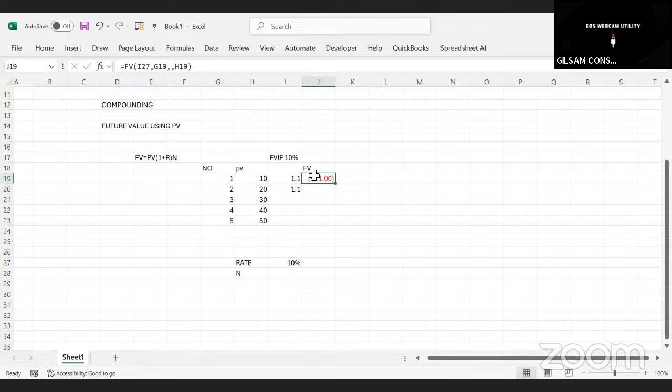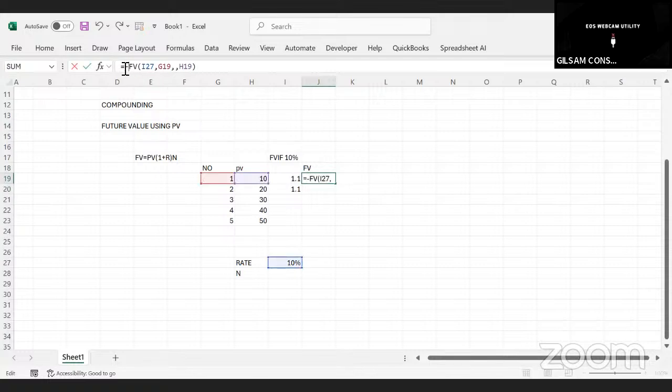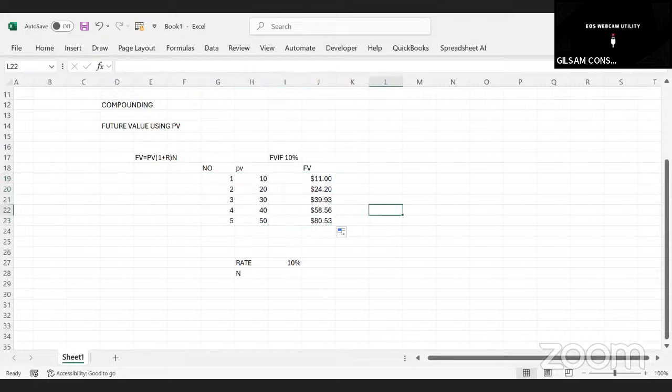See, so it will give you the future value as negative, but now you change that one to be positive by putting a negative, so utapata the, remember tunatumia present to calculate future. And then you can drag it downward, but now you have to make your formula constant. Ukiangalia hapa hiyo iko sawa, so we have to make our rate constant, which is rate ni I27. So this I27 should be constant. You lock that, enter. So if you drag it downward and then find it here, so that is if you use the formula,